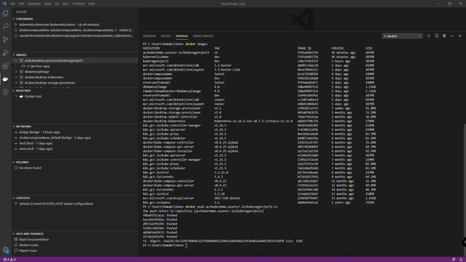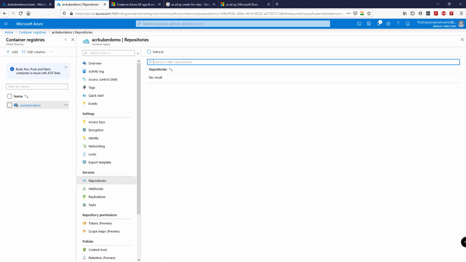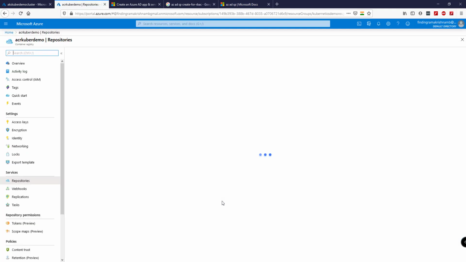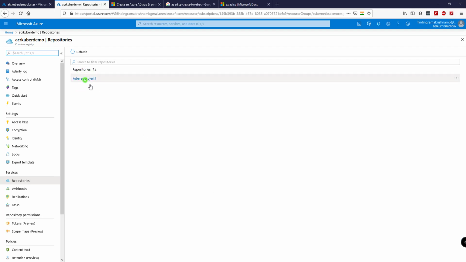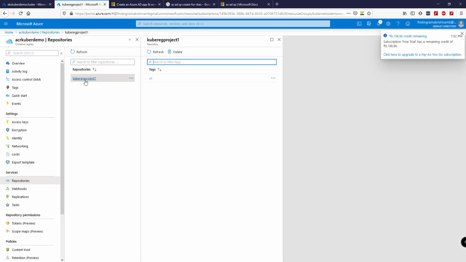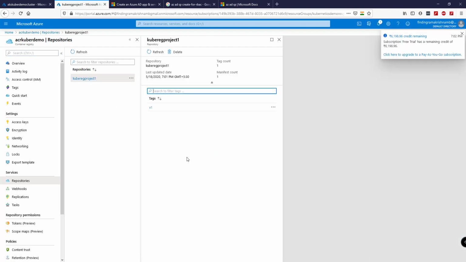So the image is successfully pushed to the container registry. Refresh the repository page in the container registry. We are able to see our image successfully pushed over here.